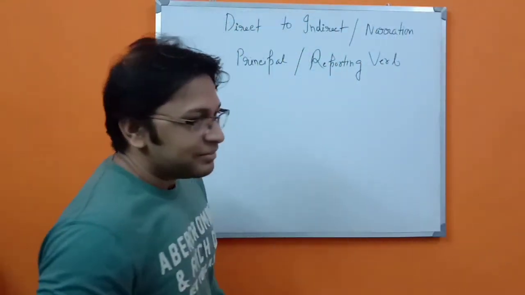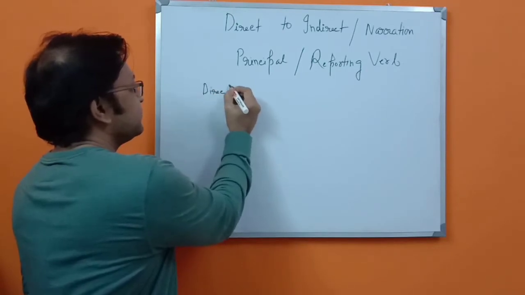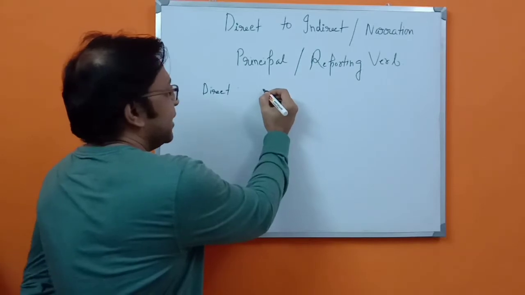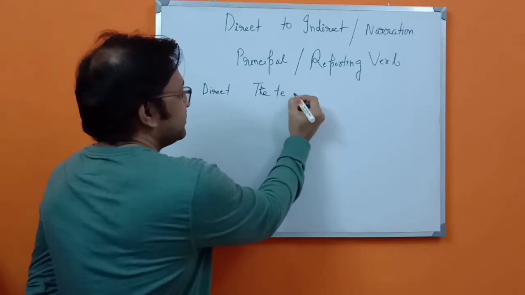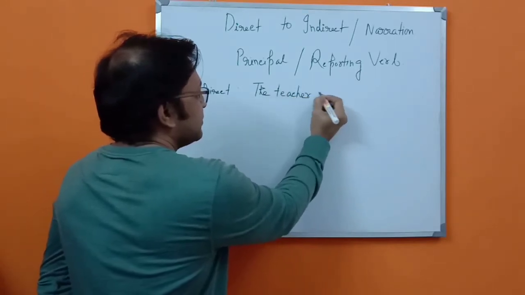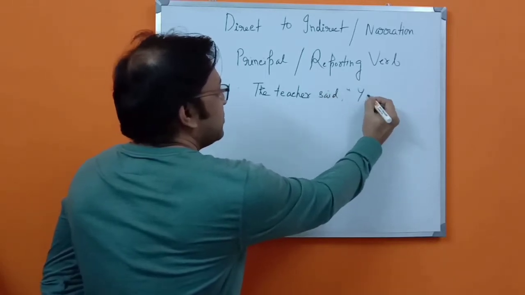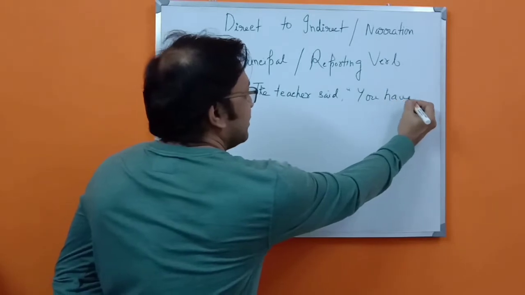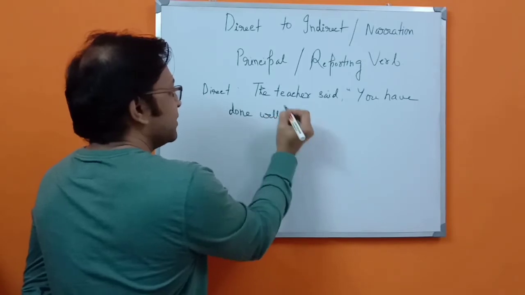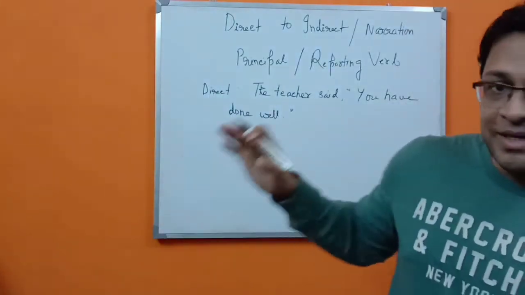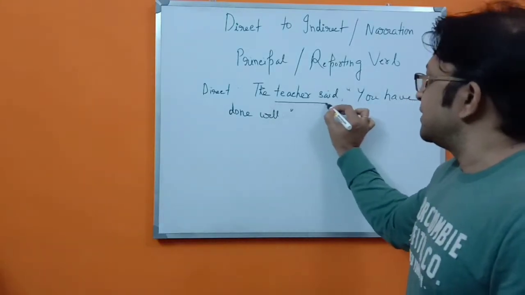First of all, for example, if a direct sentence says, The teacher said, "You have done well." Full stop, inverted comma, close. First of all, in this sentence, what you have to see is this thing,